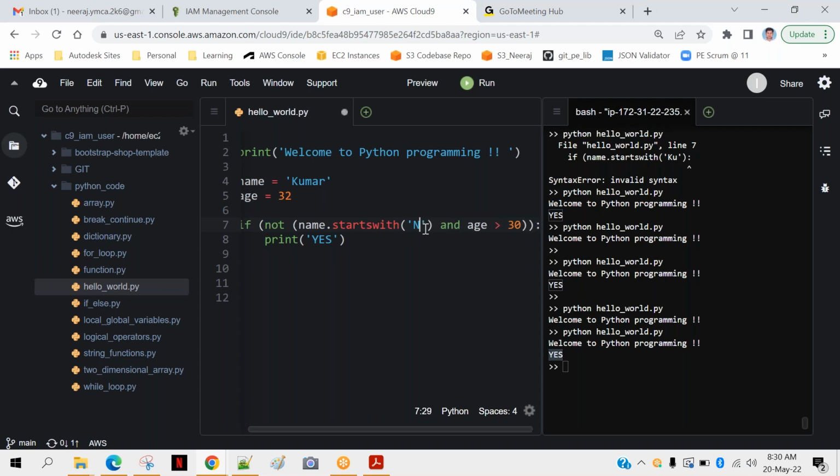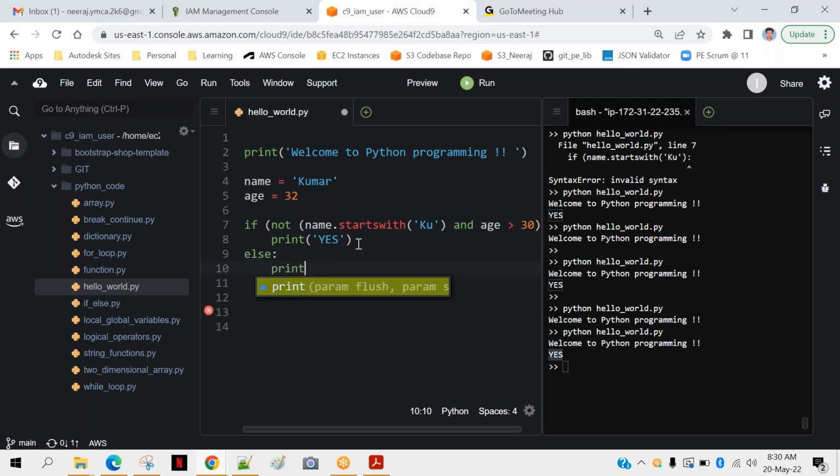If I make it KU, in this case name starts with KU, yes, that's true. Age is greater than 30, even that is true. And there is an AND operator, that means true and true is true. But finally I am reversing it. So the overall result is false. That means yes will not be printed. If I put else, then that will be printed.